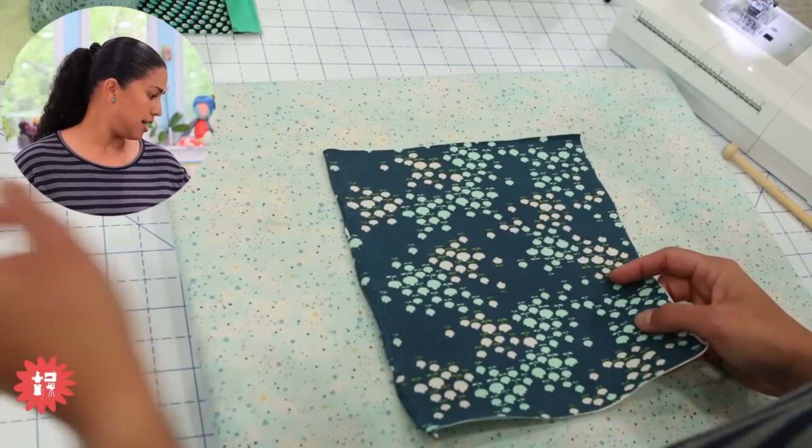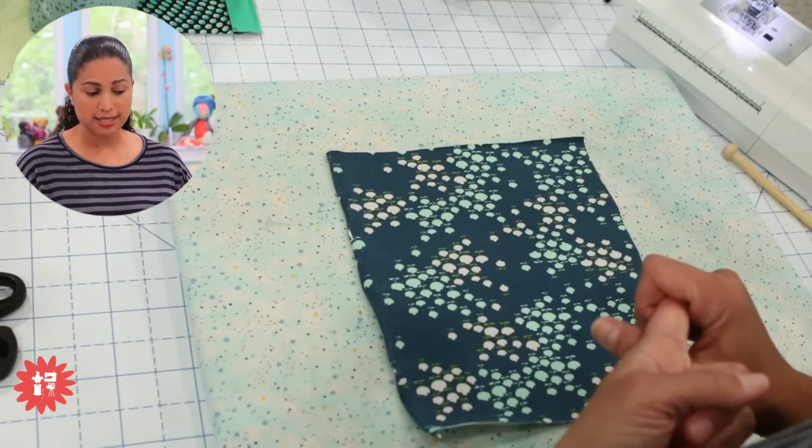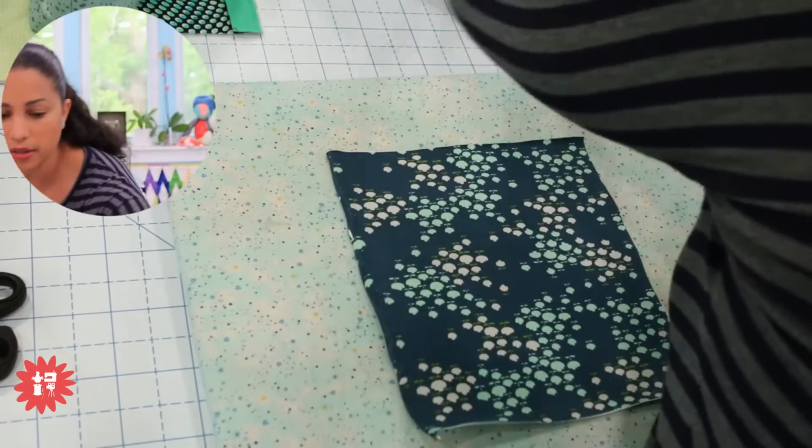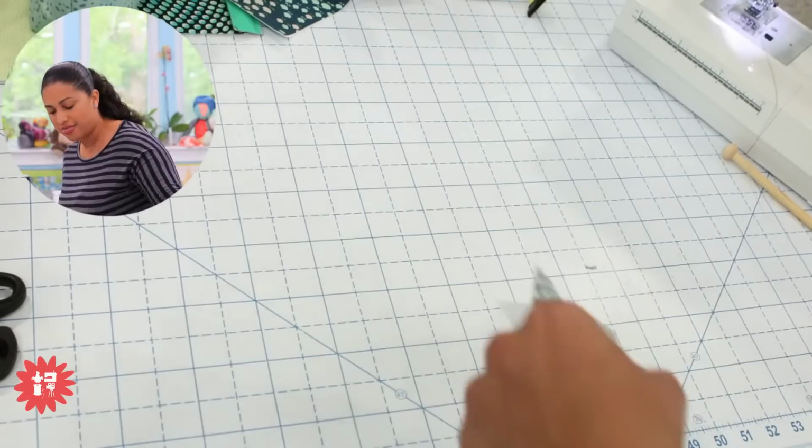Great. Okay. So that was that for stabilizing stretch knits. I had another little sample piece of fabric that I wanted to show you. Another situation where you might use the Fashion Fuse would be